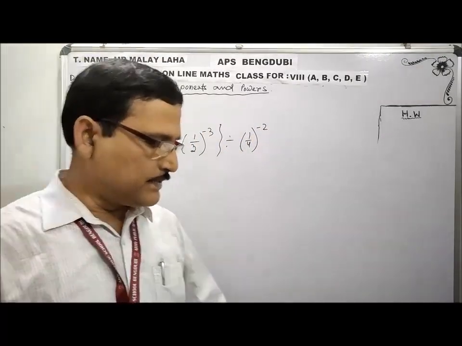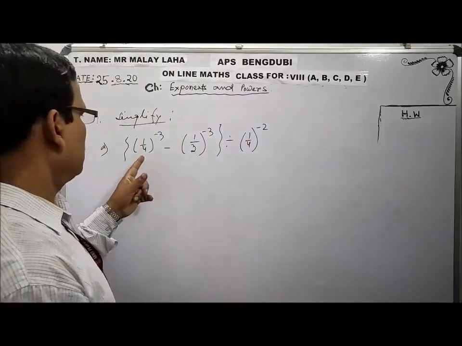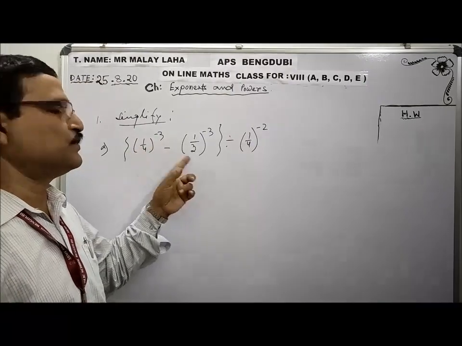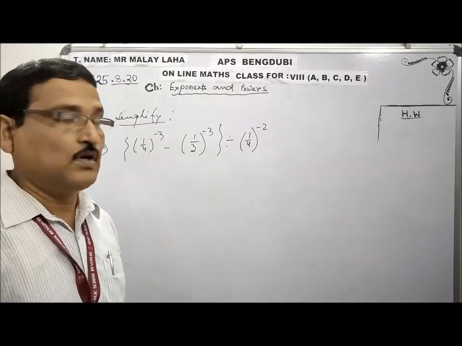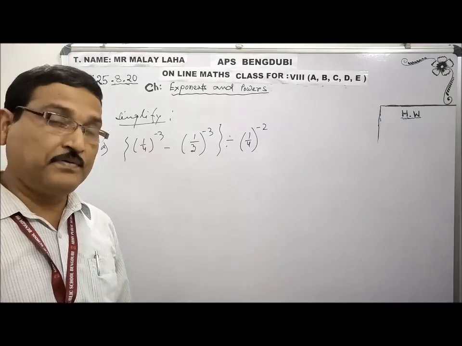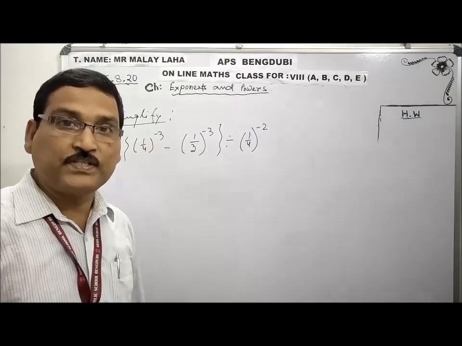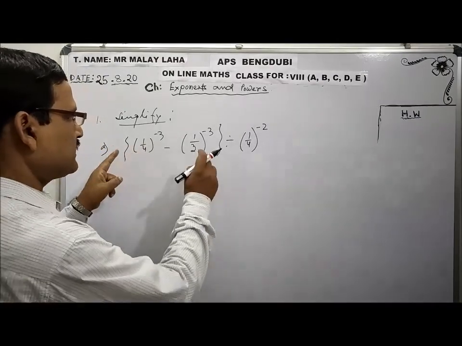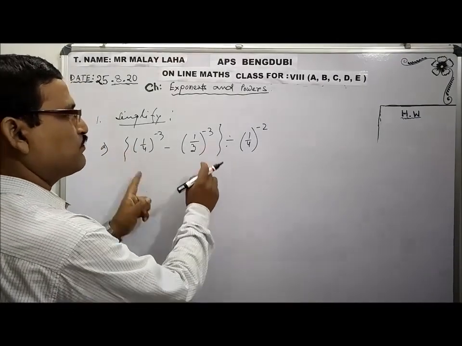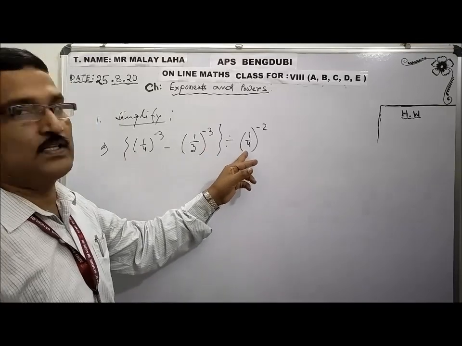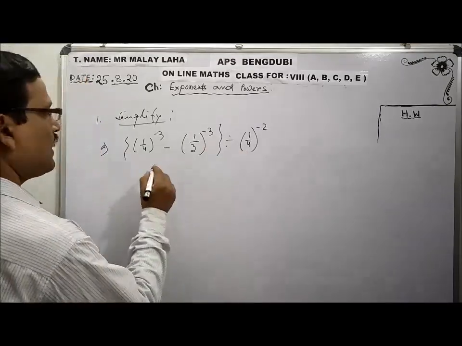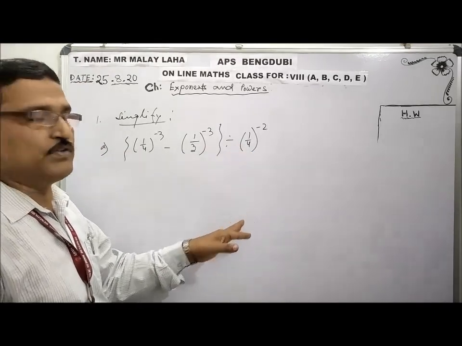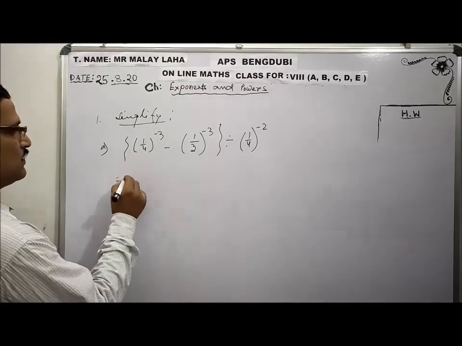Is there any similarity you are getting? First of all, it is a minus sign, so there is no relation between the two rational numbers. We cannot work it out that way. But a negative exponent can be converted into positive. I will perform that work first, and after that, we have to find the relation with the third part.